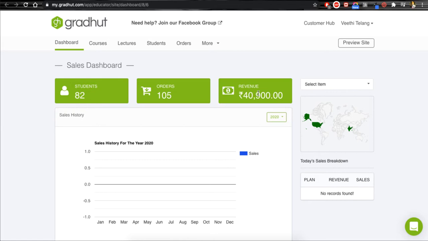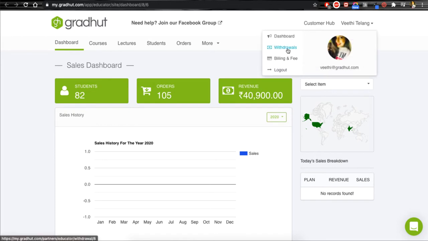So now let's assume that we've made a handful of sales, as you can see here, of some of the courses and lectures on our school. These sales have been recorded in our account, and a handful of students have participated in that. And now you feel like you need to withdraw a decent amount to your bank account. So all you need to do is click on your name right here at the top right of the admin panel and